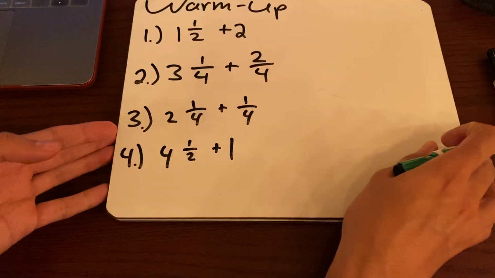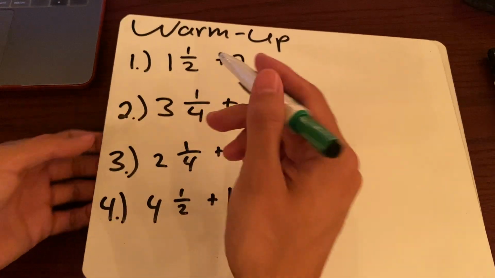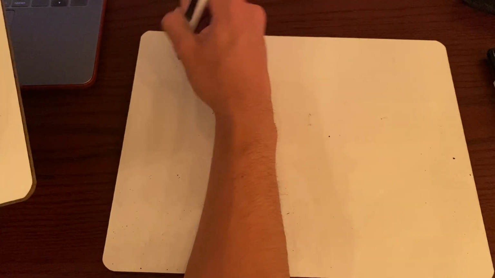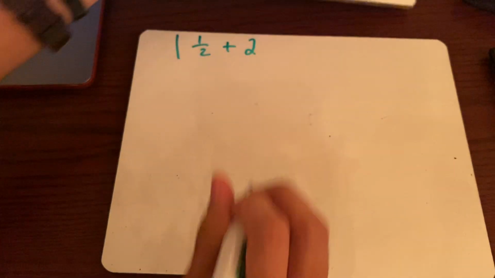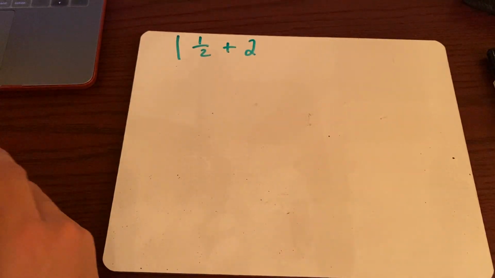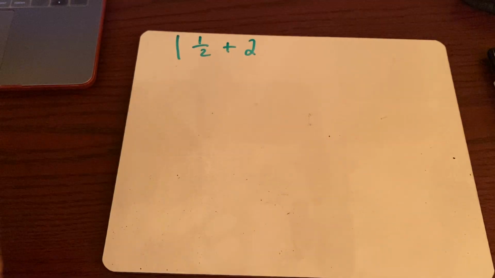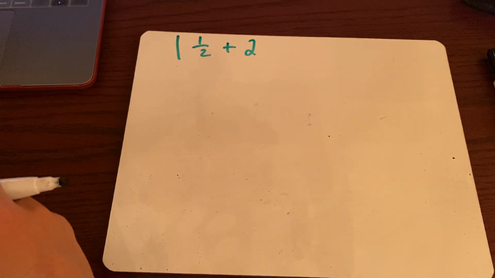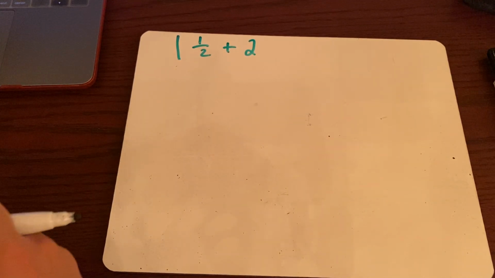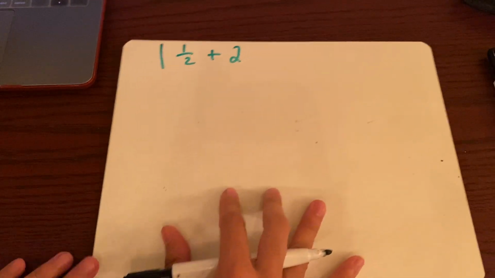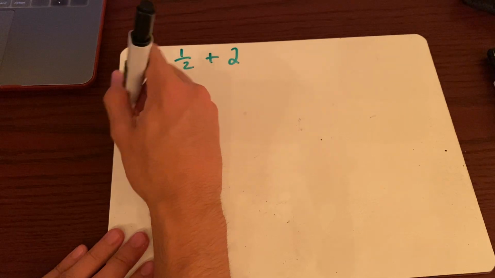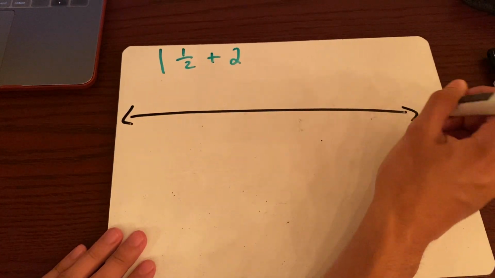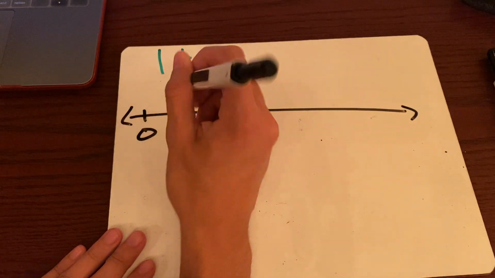So let's start off with number 1. 1 whole and 1/2 plus 2 wholes. All right. We've been learning different methods to add these fractions, and it's really up to you which method you want to use. I think for this one, it's a perfect opportunity for me to use a number line. Okay, so I start off with 0,